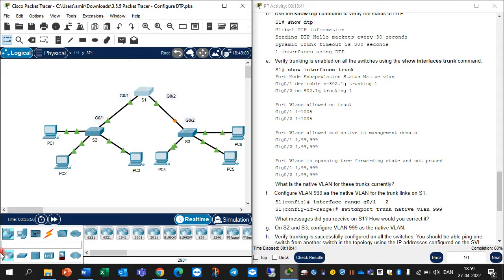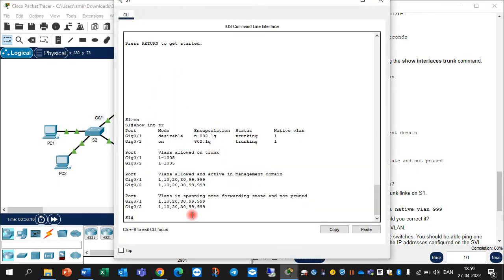And what about here? This is okay. And also, configure VLAN 999 as a native VLAN for trunk links on switch 1. Okay, in switch 1 we should go here, and both of them